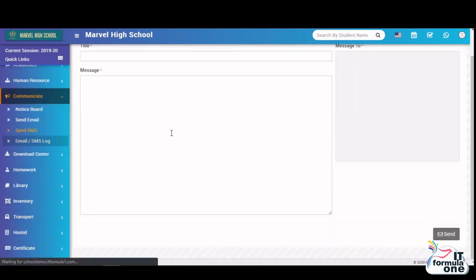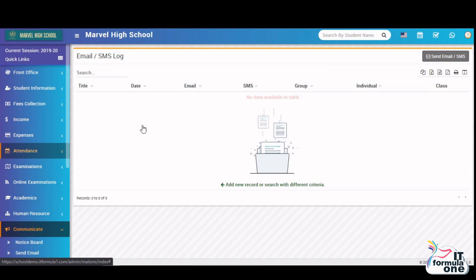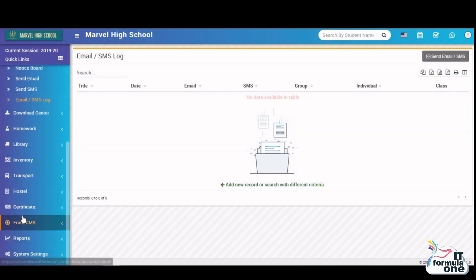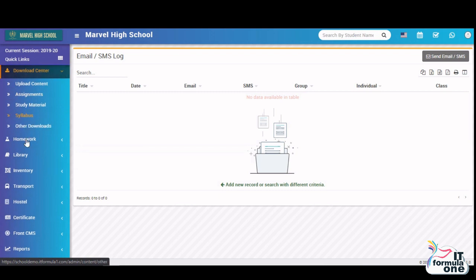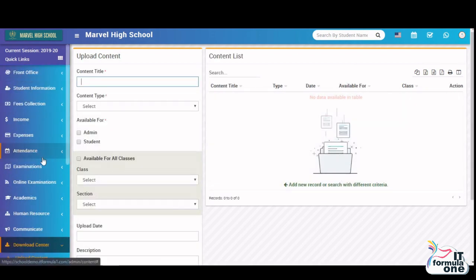Next is logs. Like whenever you send, it keeps a track of log, where the date, what the message was, and you can see to whom it was sent. Next is download center. You can create assignments, study material, syllabus. You can upload the content over here and you can share it with parents so that they can download it or view it from their